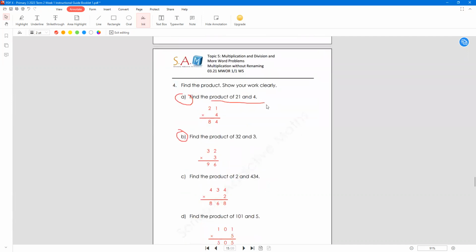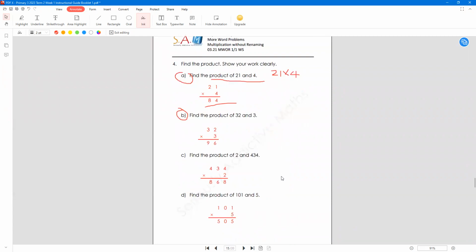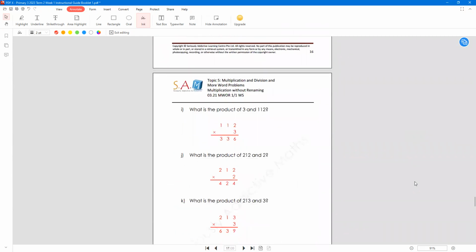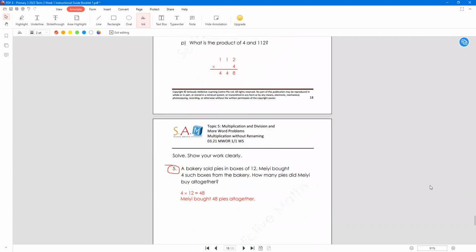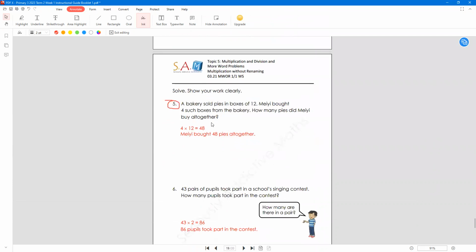This is basically just to get them to understand that the product of 21 and 4 is actually 21 times 4. So please get them to write it out on the side, and then after that, they do the algorithm. And then maybe 2 questions. I think that's fine. And I would skip and go all the way to just one